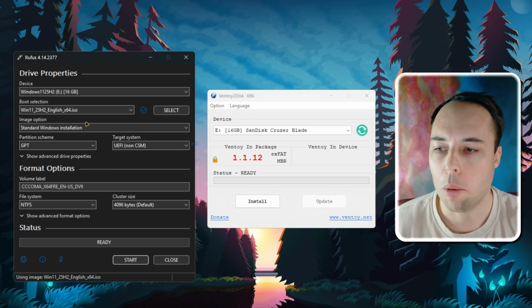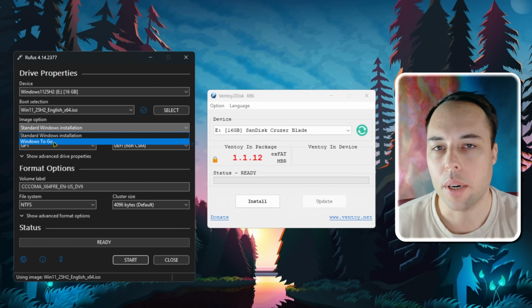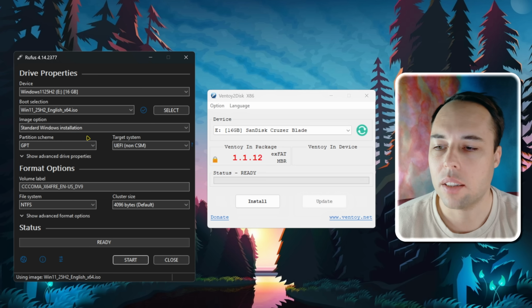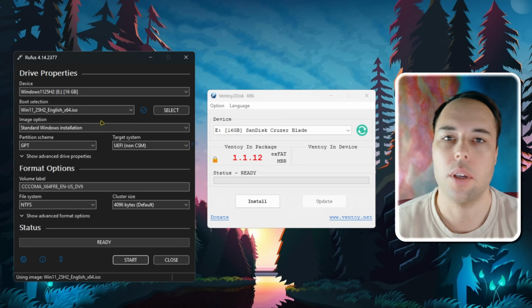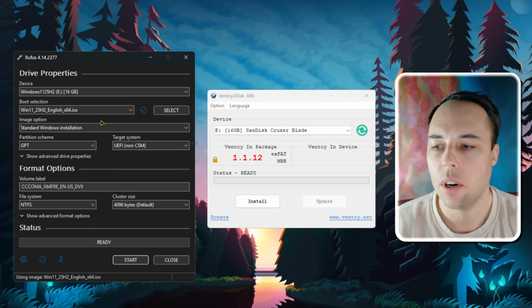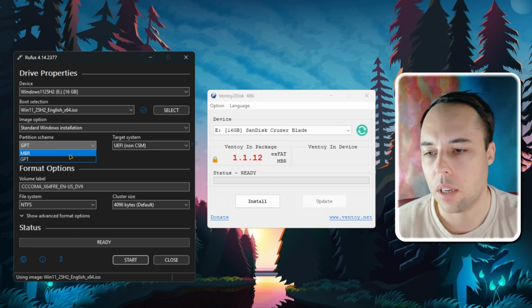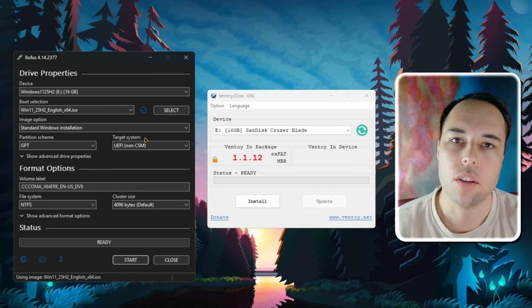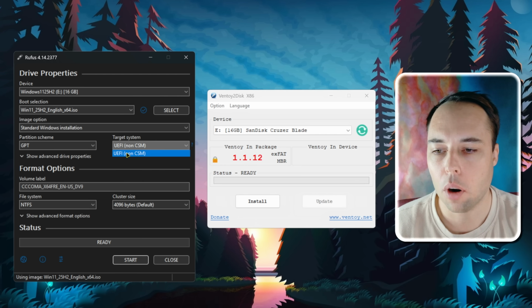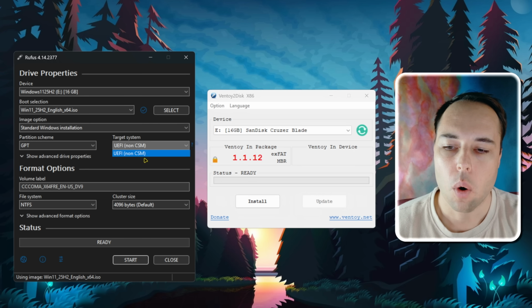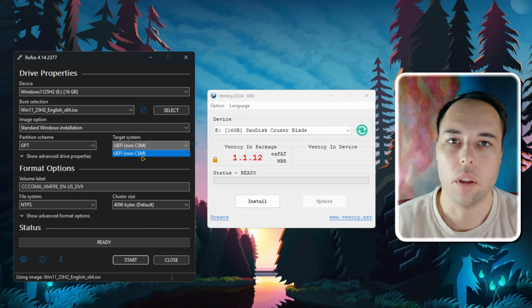Now we've got some more options here where we can image it as a standard Windows installation or a Windows To Go. For this example, a standard Windows installation, if you want to install Windows on a computer, is the option that you're going to be using. Then you've also got the partition scheme, so you can choose between GPT and MBR, and then the target system that you want to boot from, whether it's UEFI or CSM, also called legacy boot.